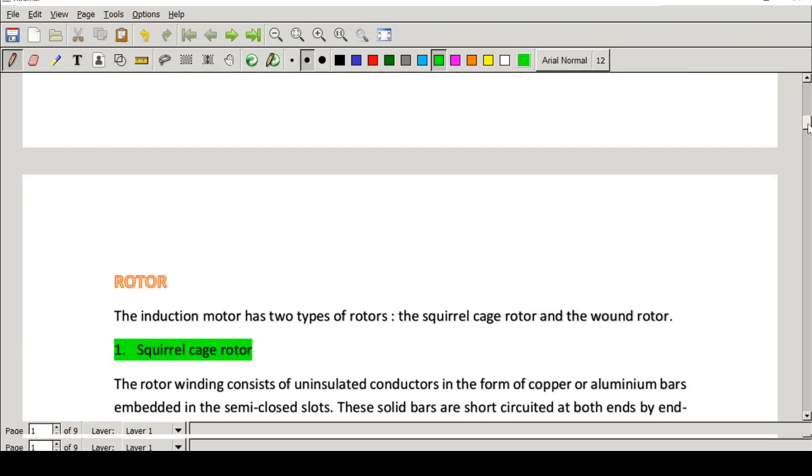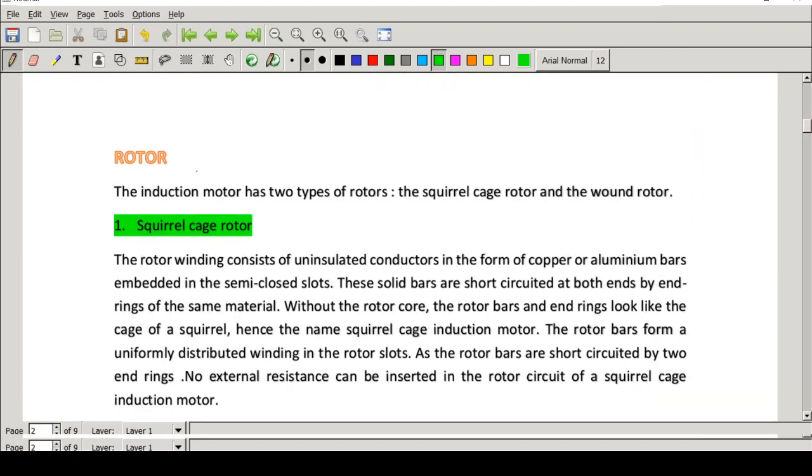Now, next we will move on to the rotor. What is the rotor, or what are the different parts of the rotor? In the rotor also we are providing a winding, and based on the type of rotor, a three-phase induction motor can be classified into two types. One is the squirrel cage rotor and the other one is the wound rotor or slip ring. So you can call it squirrel cage induction motor or slip ring induction motor. Another name for slip ring induction motor is wound rotor induction motor. Now what is the difference?